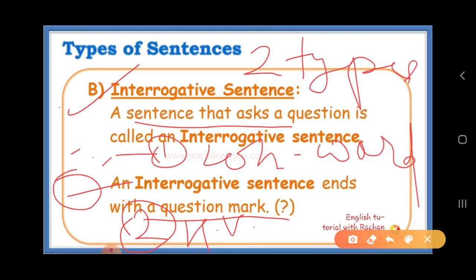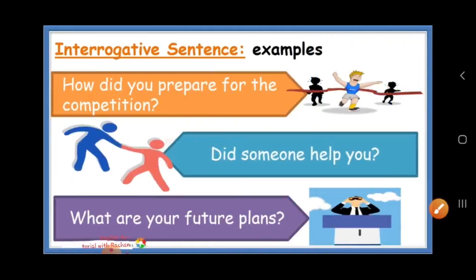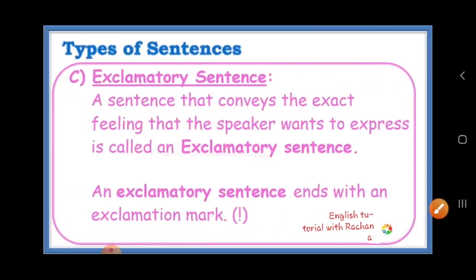So to conclude, what do I mean? क्या मेरा कहने का मतलब है कि इंट्रोगेटिव सेंटेंसेस दो प्रकार के होते हैं, एंड यू कैन वेरी इजीली आइडेंटिफाई व्हाट आई हैव टोल्ड यू on based of that information. Now let us understand interrogative sentence in detail with its examples. Now here we have the examples of interrogative